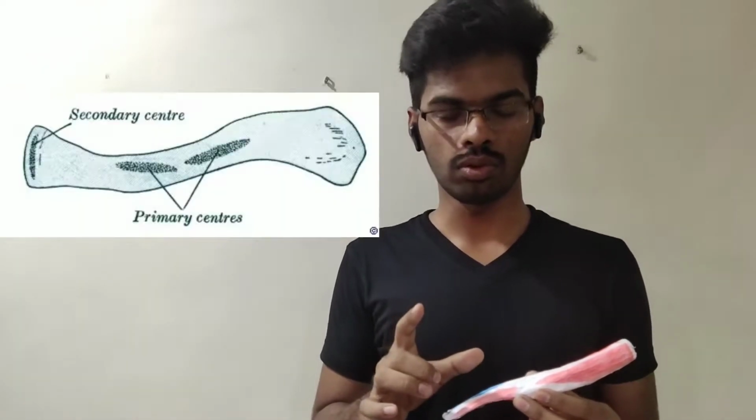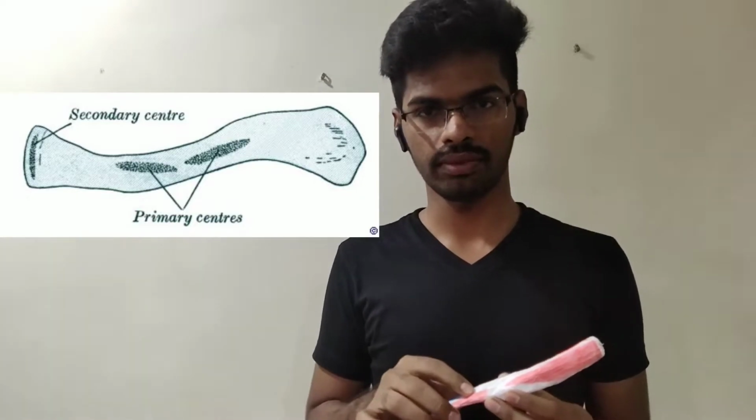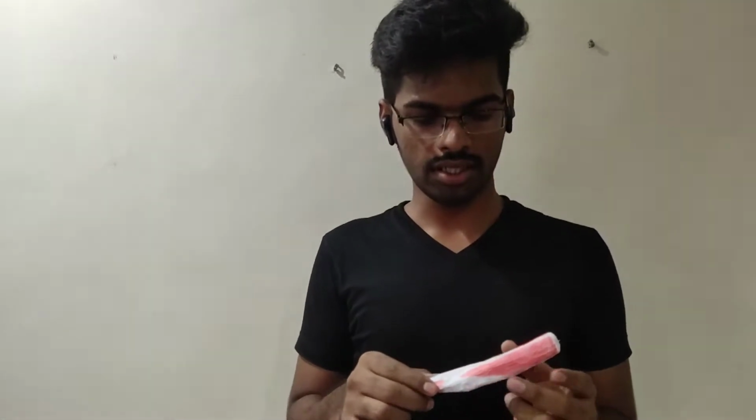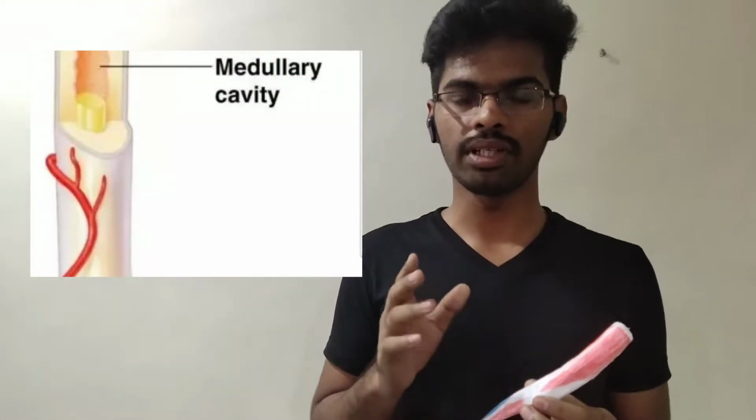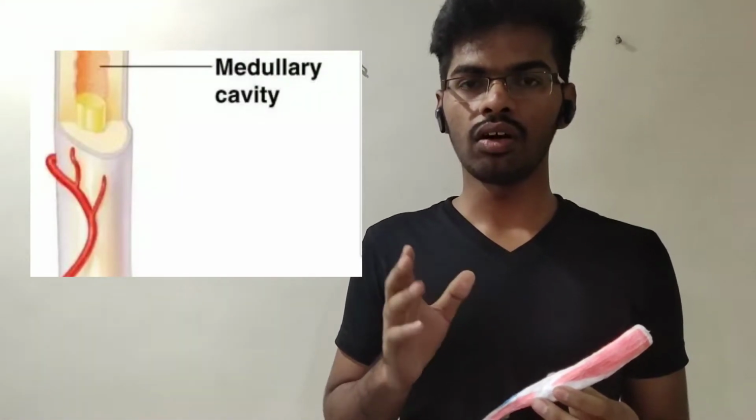The third point is, the clavicle is the bone which starts to ossify first. And the fourth point is, clavicle is the only long bone which ossifies by intramembranous ossification. And the fifth point, the clavicle is the only bone which has two primary centers in its shaft. For those who don't understand the ossification and primary center, secondary centers of ossification, please watch my previous video which is on the growth and ossification of the bone. And the last point is, the shaft of clavicle doesn't have medullary cavity, which is present in all the long bones. Let's see the functions of the clavicle.